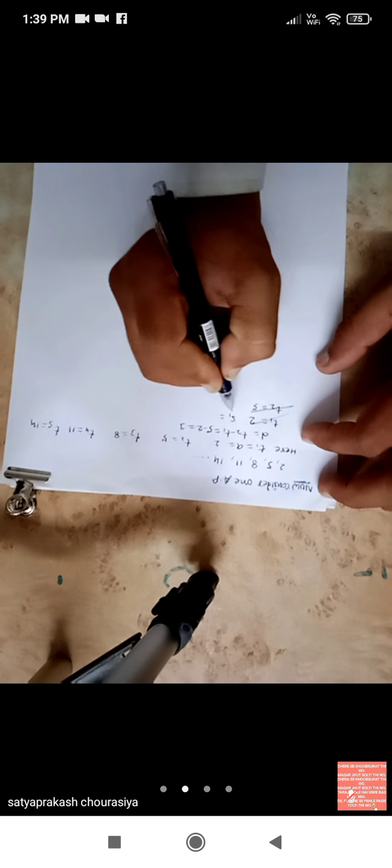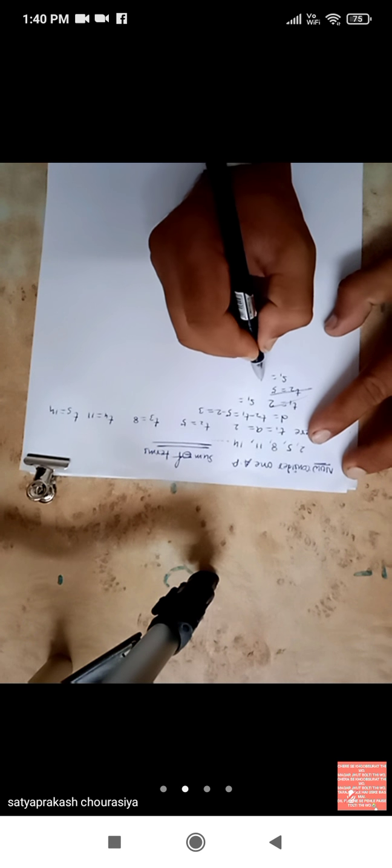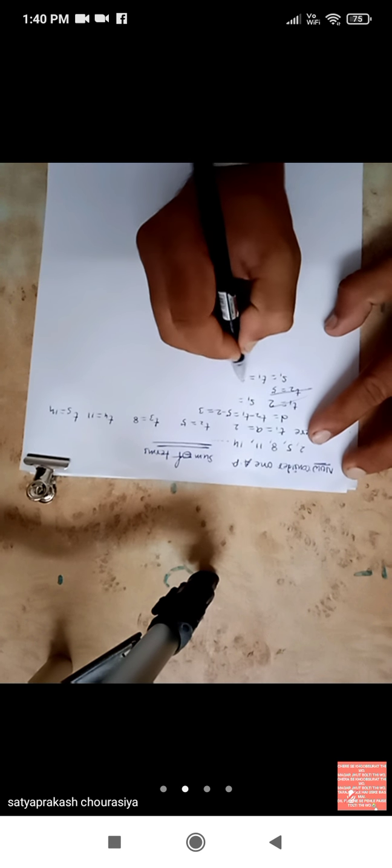Now, the word sum. What is the sum? The number obtained after the addition. So here we have to take the sum of terms. Okay, what do we have to take here? The sum of terms. Now here S1 means the sum of only the first term. So the first term is T1, and this is equal to 2.